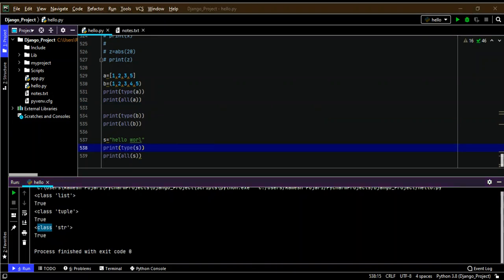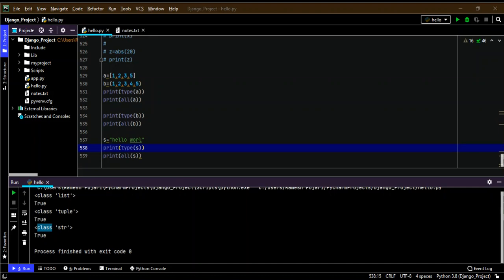Next we have the bin function, which is used to return the binary representation of a specified integer number. If I assign the value as an integer to a variable, I will get the respective number in binary format.